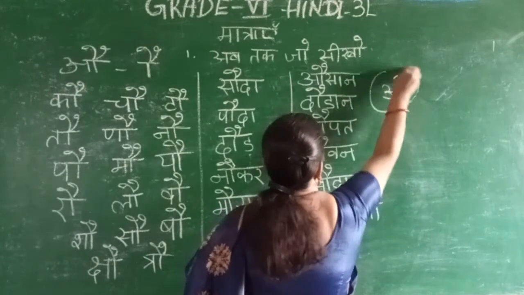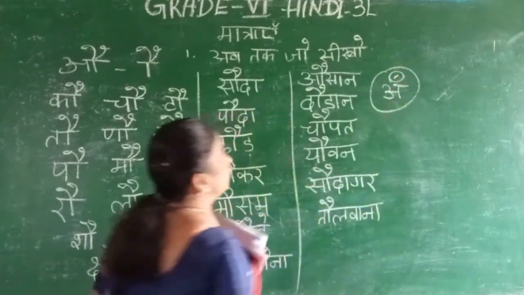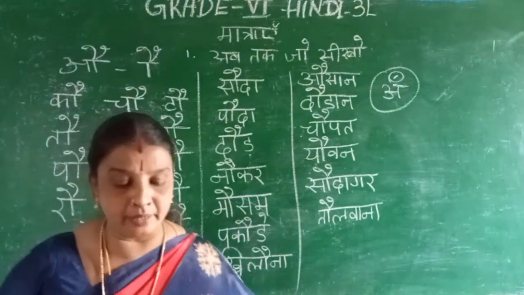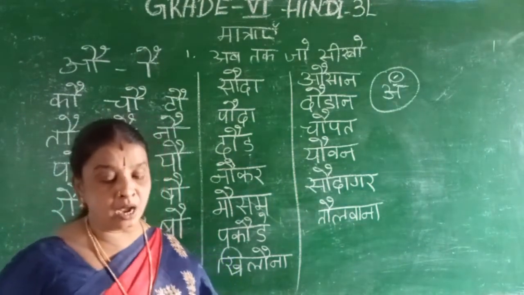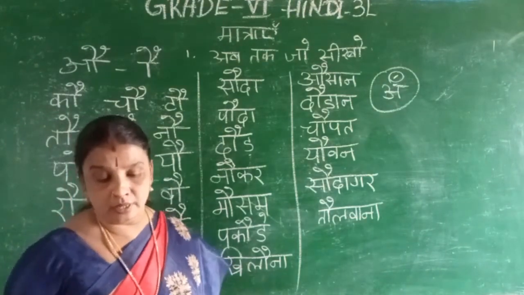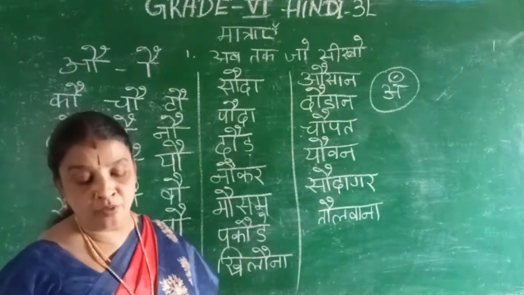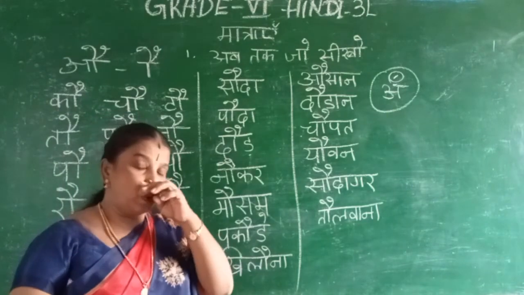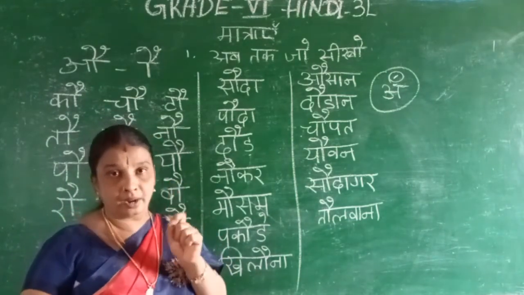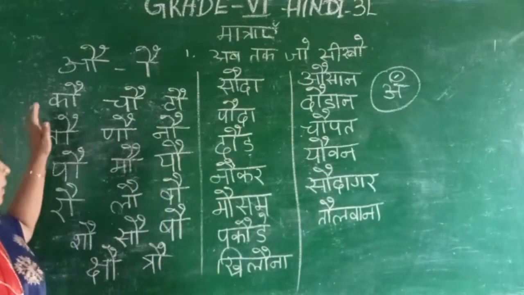That is anuswar. What is it called? The dotted bindu in Hindi, but grammatically, how to pronounce that? Anuswar. That is ki matra. In our book, some words are also written. Before that, we are going to learn some rules on how to pronounce the dotted letters in ka varga, cha